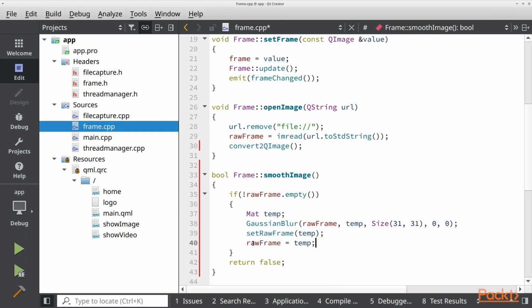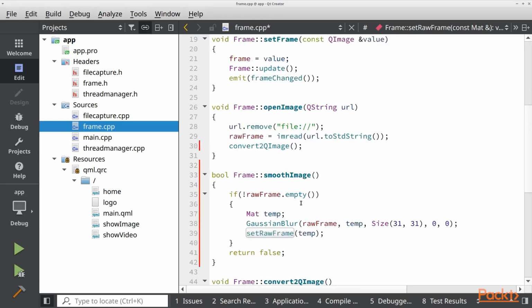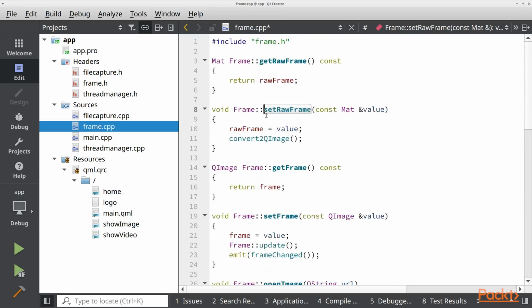And this is really a valid way, but if we check our setRawFrame function up here, we can see that we set the value to the raw frame, but we also call the convertToQImage